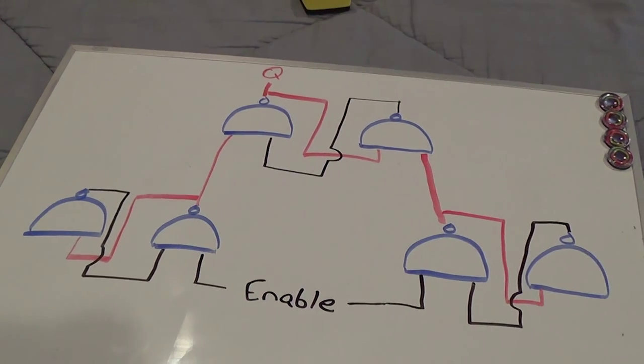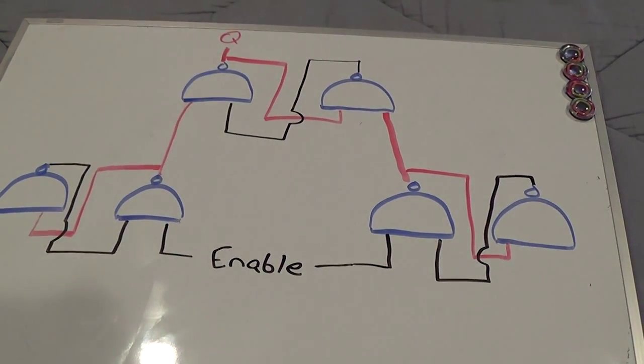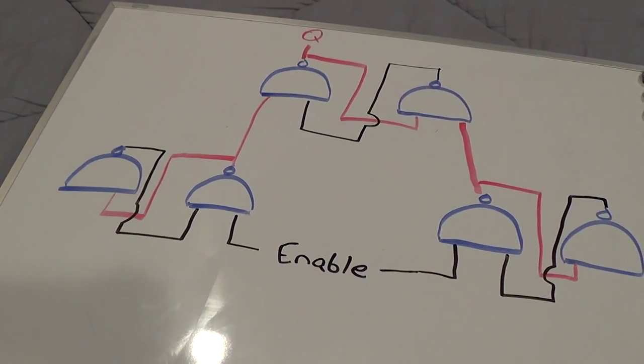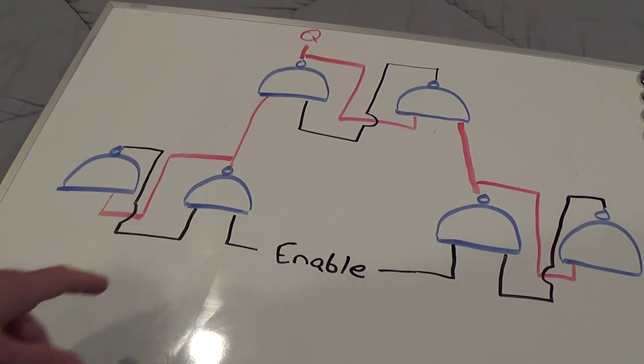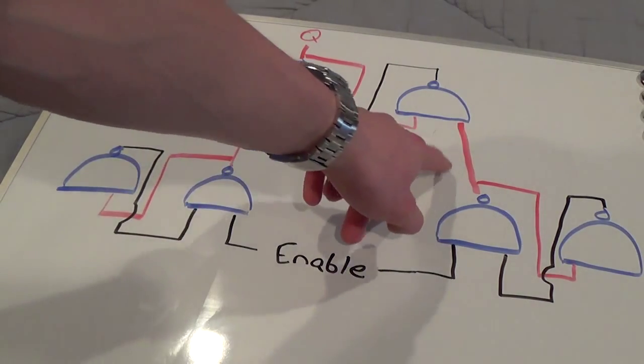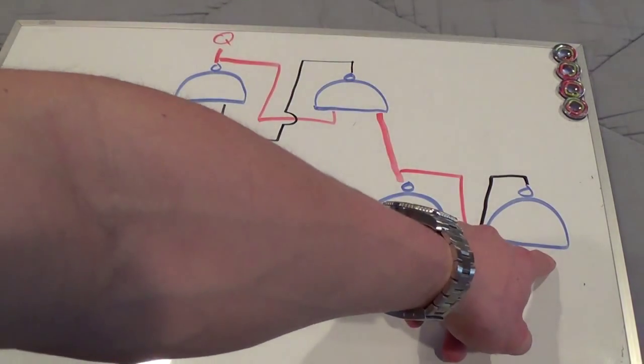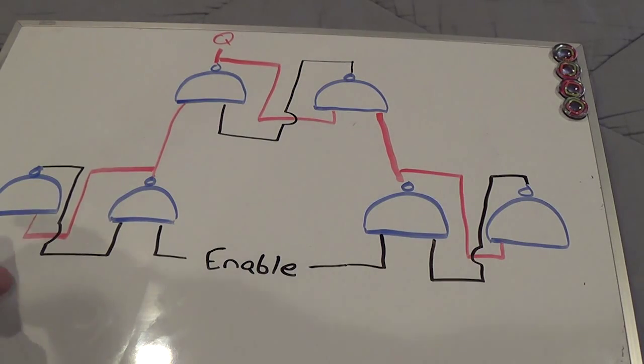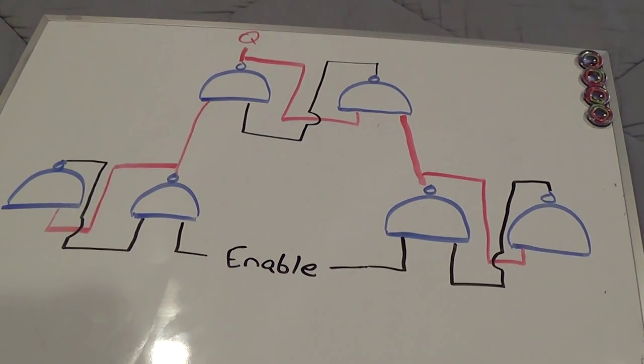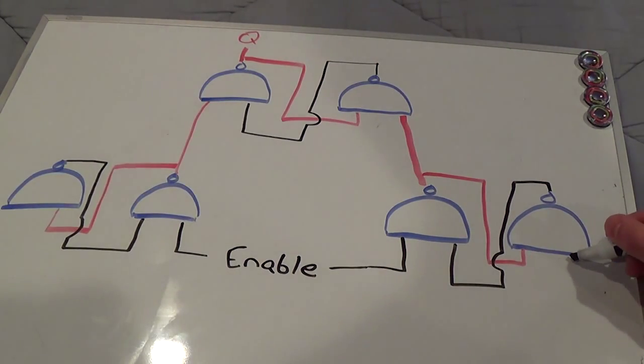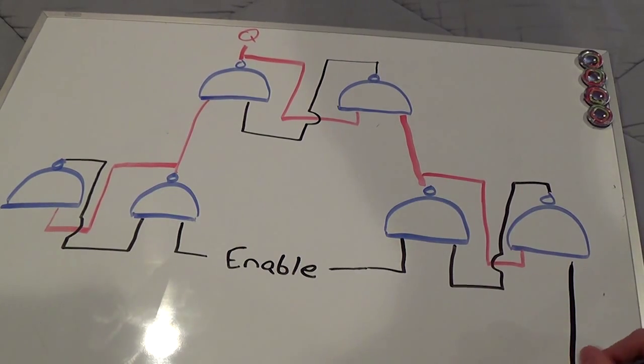The tricky part in making the set reset NAND latch is the data. When we switch enable high, whichever one of these drops low depends on the input of this NAND gate on the right and this NAND gate on the left. And there are 2 inputs left and 1 data. So since we only want to drop one of these low at any given time, we're going to have data be given to one of these NAND gates and an inverted copy of whatever that data is to the other NAND gate. So I'm just going to draw the one at the right as receiving data,